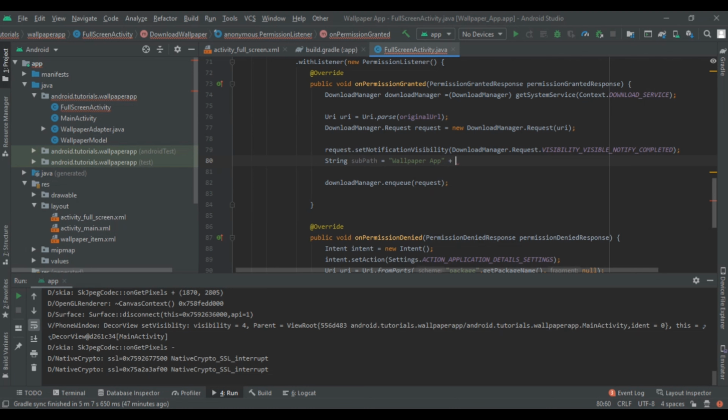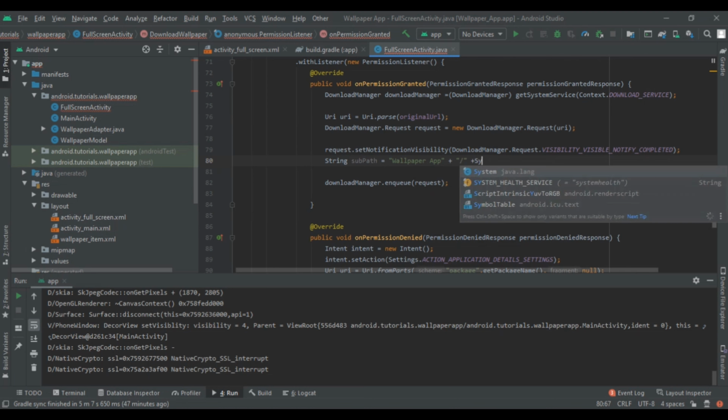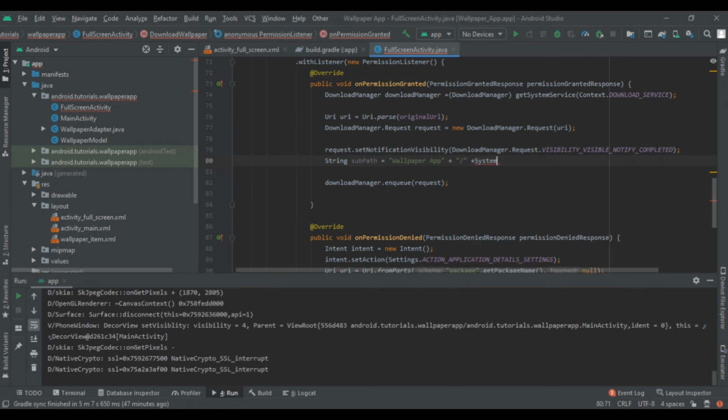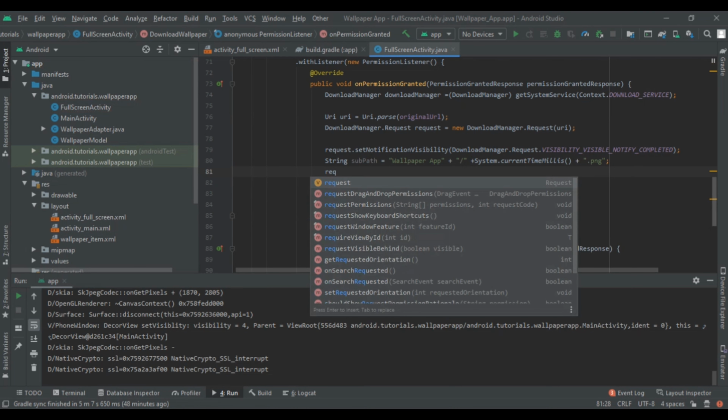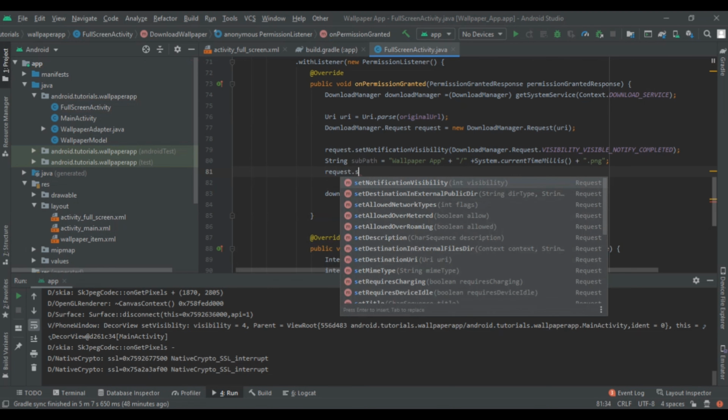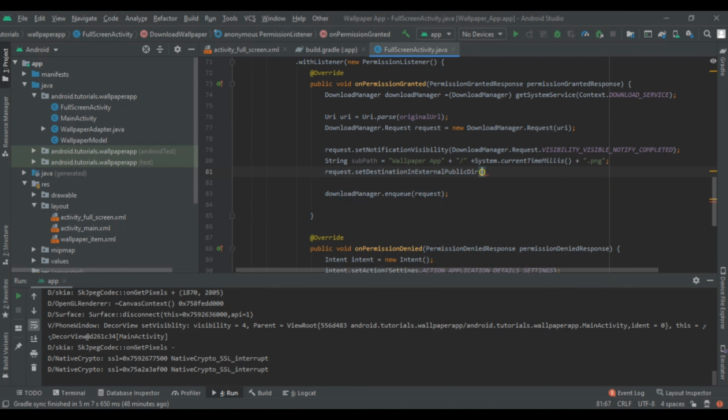So after that we are going to add this slash to make it a folder, and after that we have to write System.currentTimeMillis, and then add .png or .jpg, whatever you have to write. After that close that, and now here we are going to request.setDestinationInExternalPublicDir.